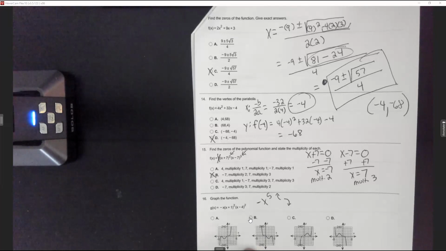So let's click. Oh, I got to mark it on my paper. I'm trying to click it with my mouse. All right,